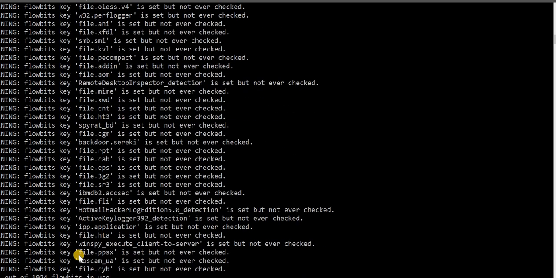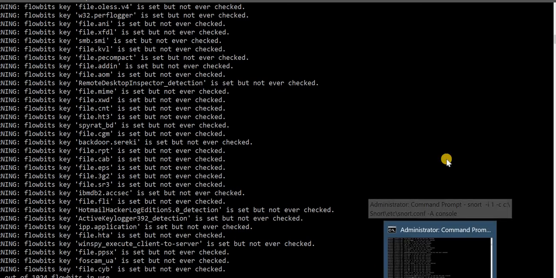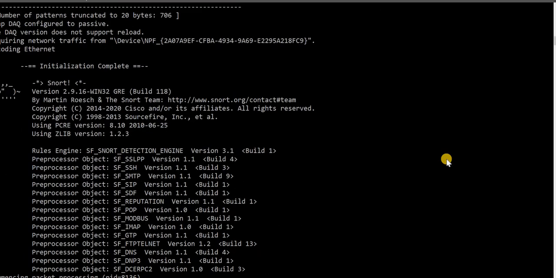Don't worry about these messages that you have seen. It performs the pre-processing part and then it is waiting for commencing the packet processing. Now it goes into the waiting mode.